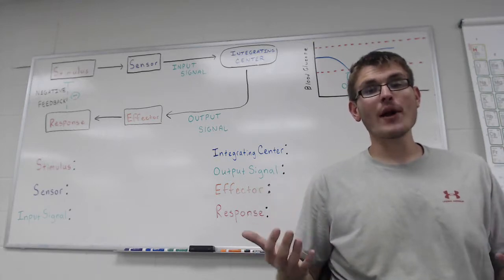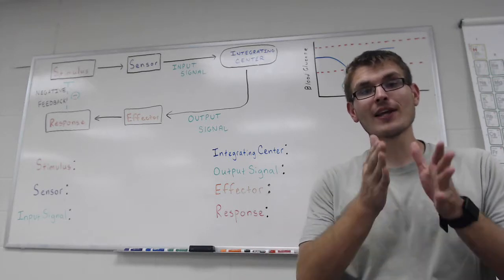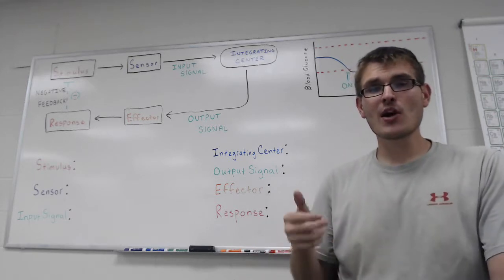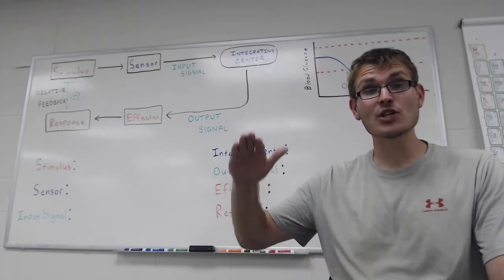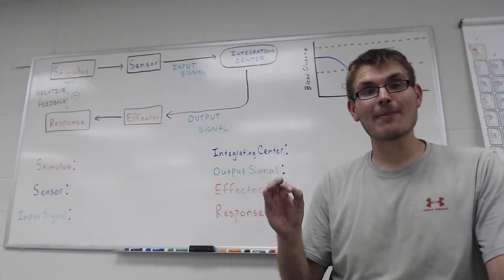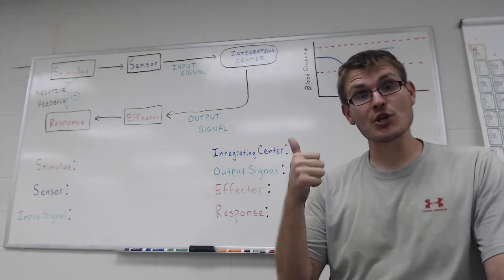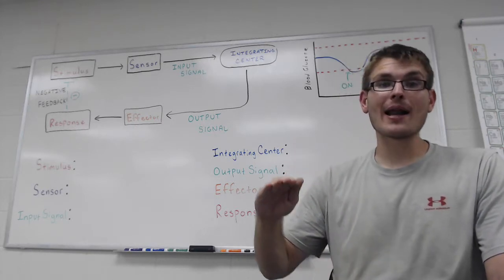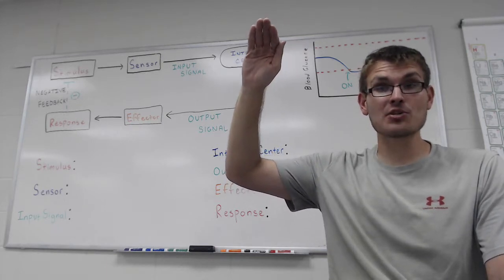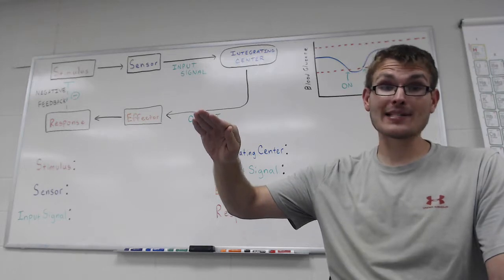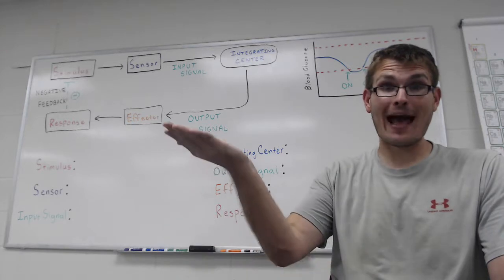So in terms of what homeostasis does, this can depend on a number of different things, particularly what it is we're interested in. We have a number of different homeostatic parameters that are going to be fluctuating, and we will have separate homeostatic mechanisms for each one of those. For example, your body temperature is one such parameter, and when your body temperature rises too much and gets too high, we have homeostatic mechanisms to bring it back down. When your body temperature gets too low, we have homeostatic mechanisms to bring it back up.